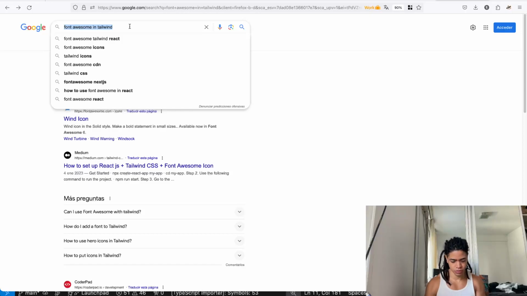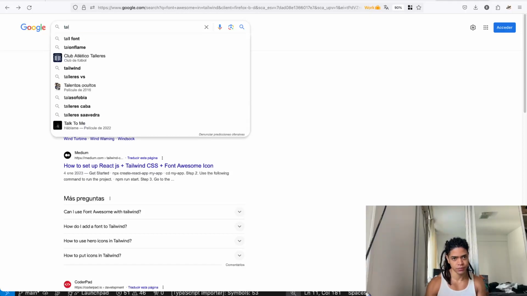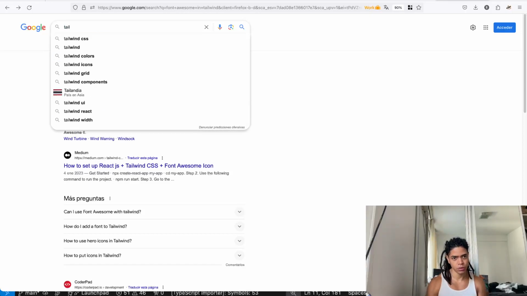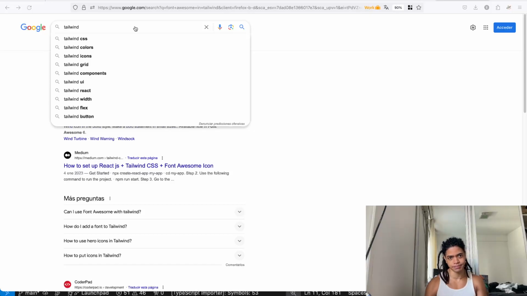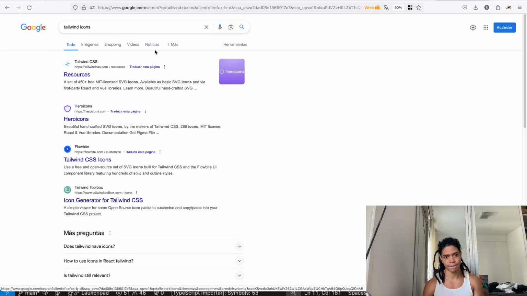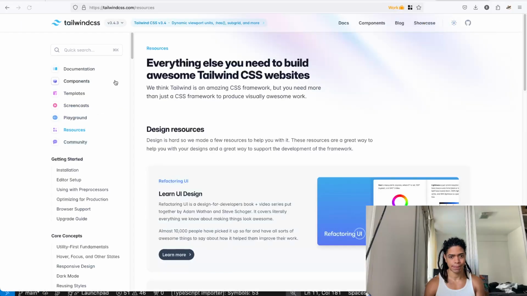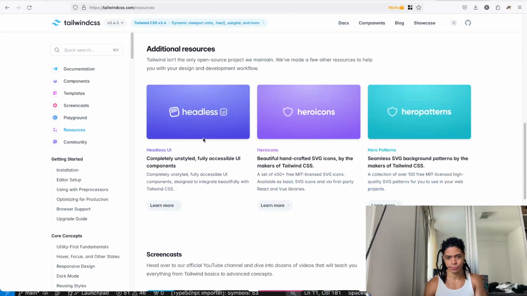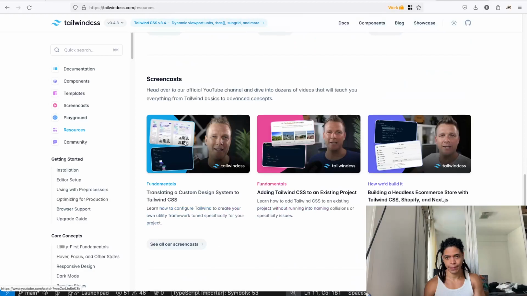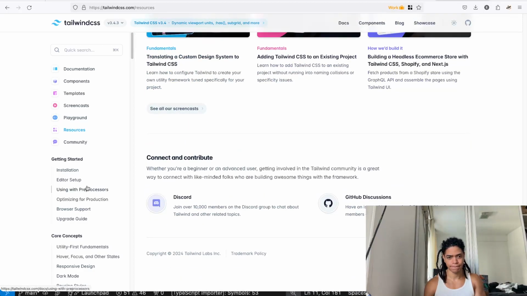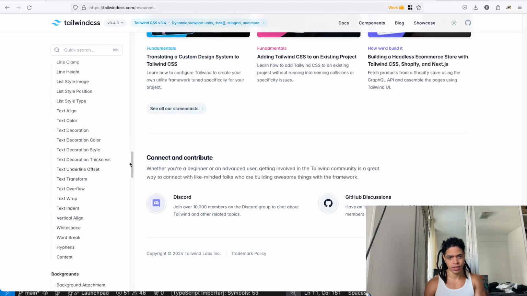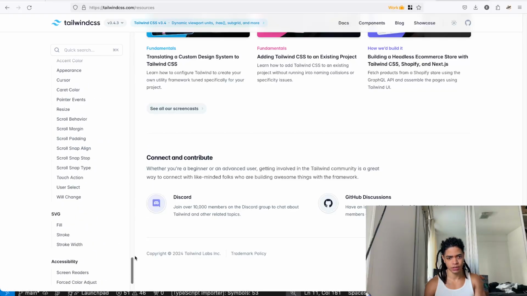Question. Does Tailwind actually have Tailwind icons here? Do you have any icon for that?